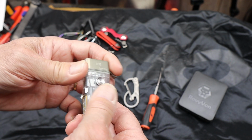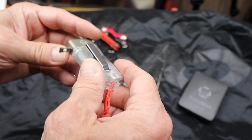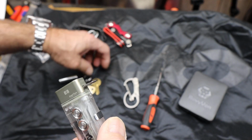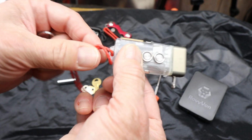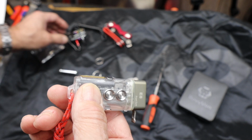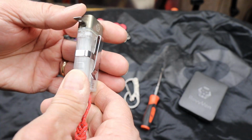This particular thing is IPX6 rated, so it's fairly water resistant. I put a pocket clip on it. It comes with a couple of rings that you could run through here, or a lanyard, which I did, and a little extra USB cover right here in case you lose the one that's on there, because that's important in